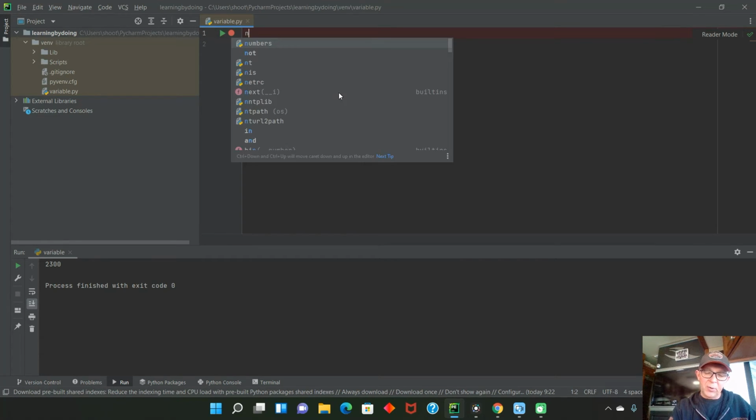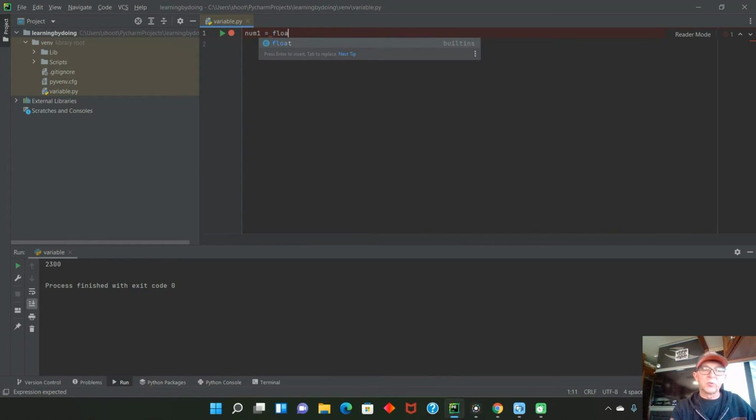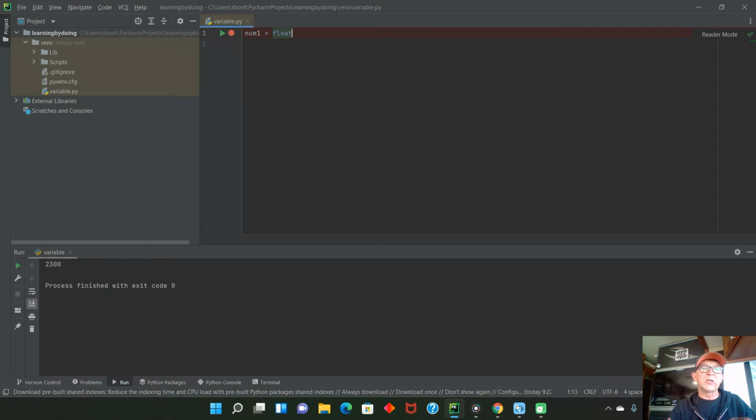So let's say number 1. We define that variable and say that equals to, and then we will say input. No, we need to use float because we will use a number here, and it could in principle be a decimal number. So we need to use the float function. You remember we could either use integer for whole numbers or float for decimal numbers. So we will use a float, and then we will say input,